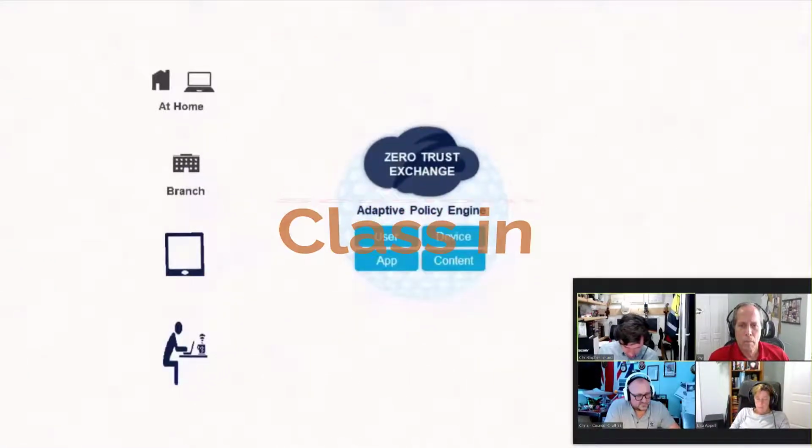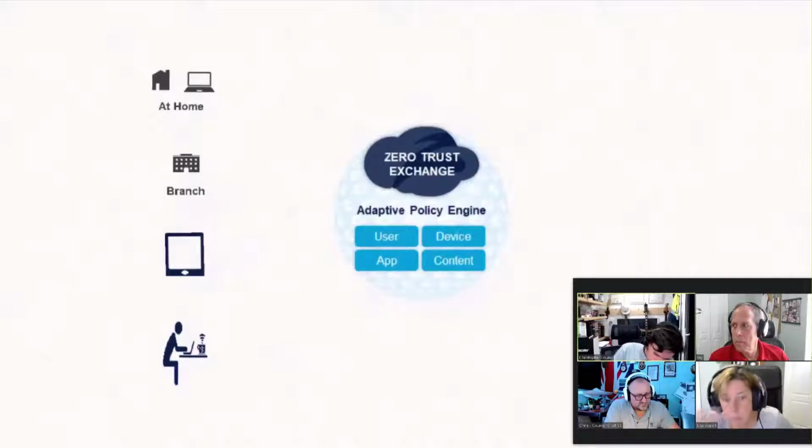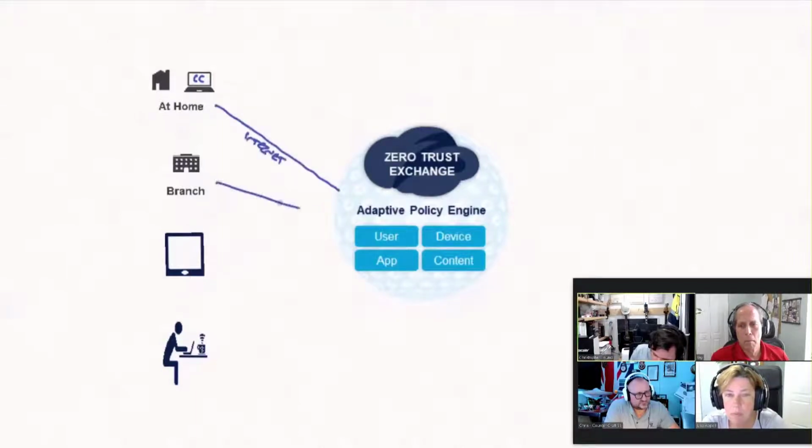So when it comes to the internet traffic, for example, on managed devices, we would like to deploy our client connector. That will go on to Windows 10, 11. That will go on to Mac OS, iOS, Android, and Linux. We can bring that data directly to the service edge using that application. When I'm at home, that's going to be over the internet. From a branch, that may be some form of SD-WAN, maybe IPsec, GRE, still with the client on the endpoint